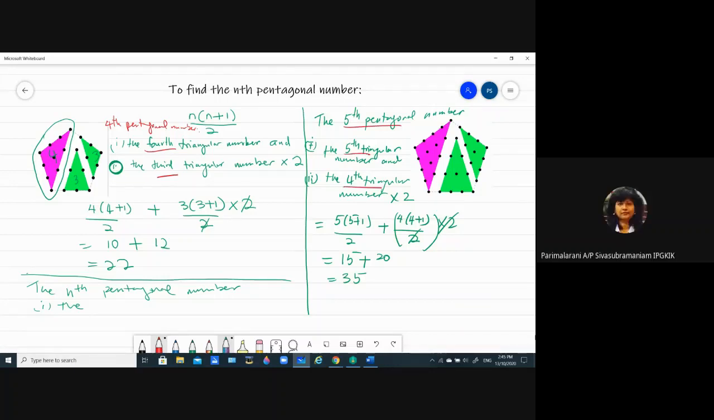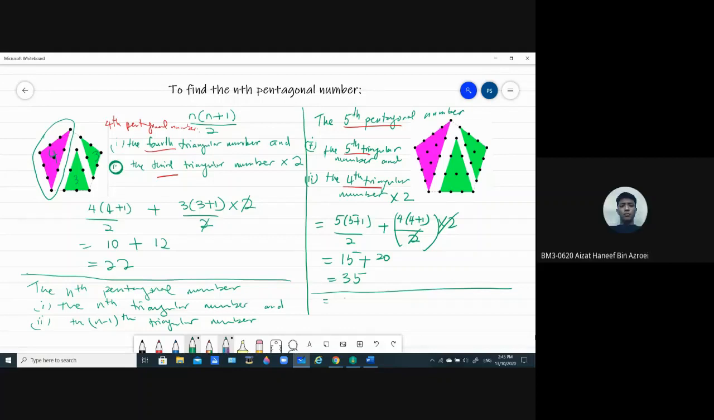So the nth pentagonal number consists of the nth triangular number and the n minus 1 triangular number. Yes, excellent. So what is our formula like? It is n plus